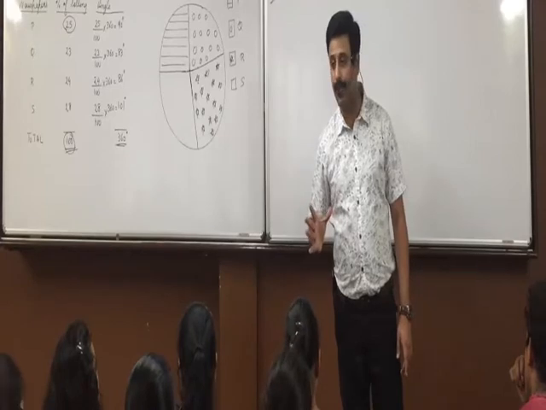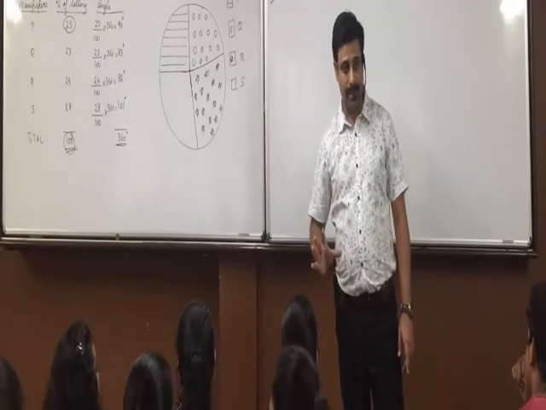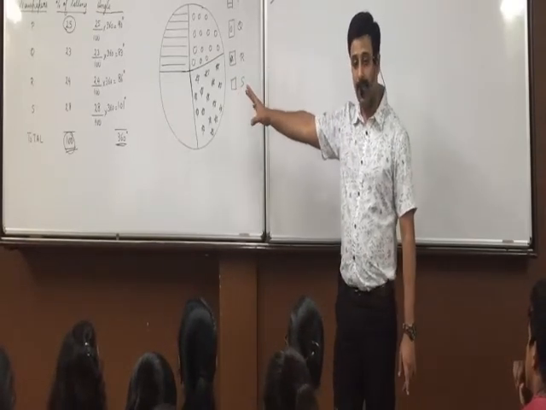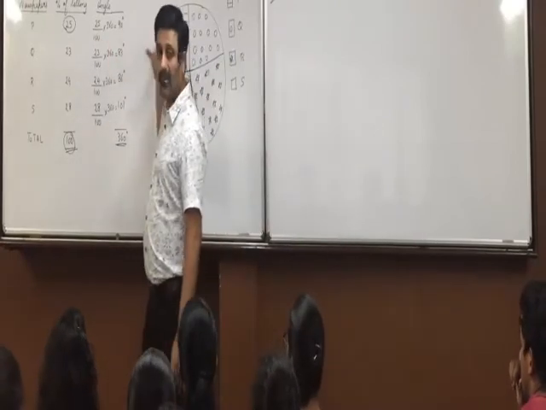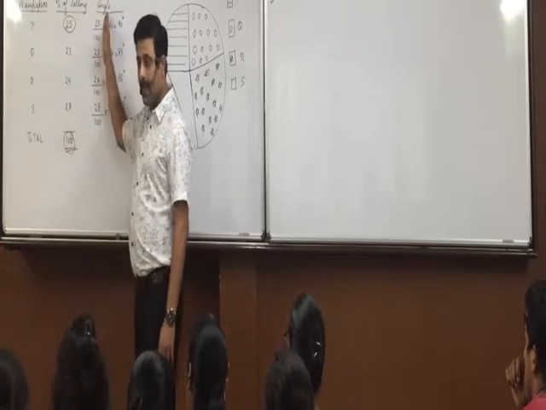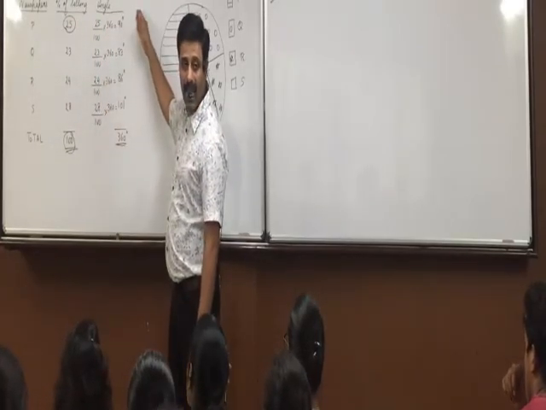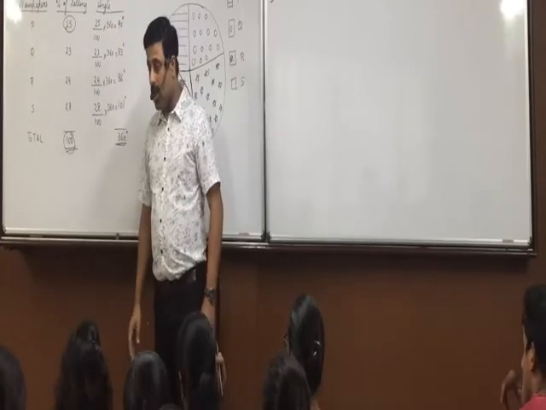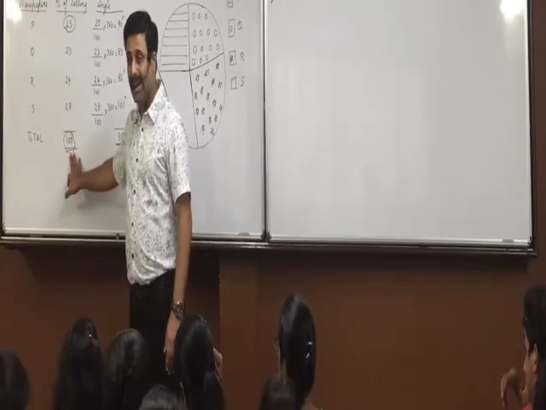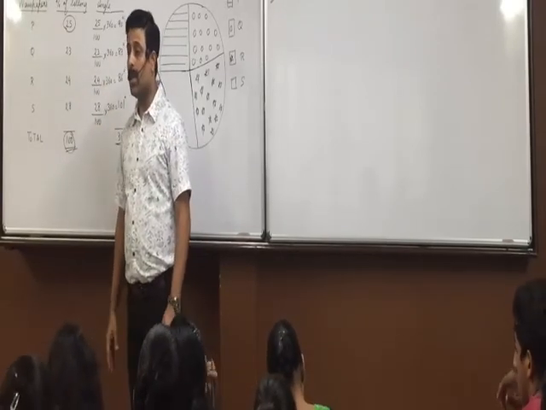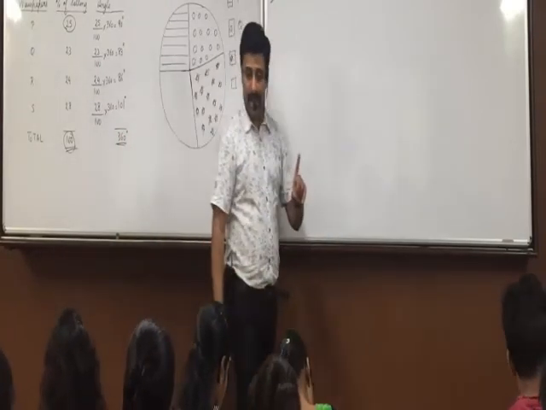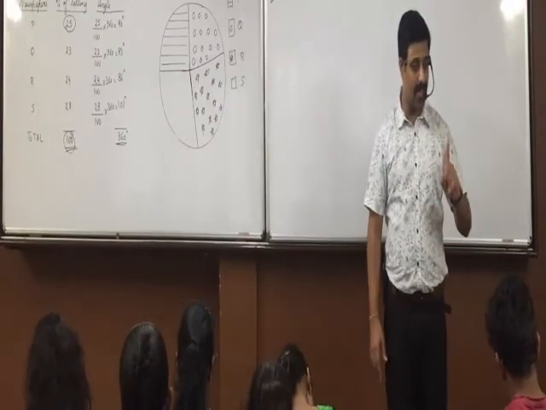Any confusions in this? All clear? First we'll make the workings. Family A and B, can you find the angles on your own? There will be five columns: first column particulars, second family A, third its angle, fourth family B, and fifth angle of family B. Do the calculations of both. The total is not given; find that total on your own and then find the angle. Show the calculations, otherwise I'll tear the pages. For both family A and family B, the calculation of angle must be shown.